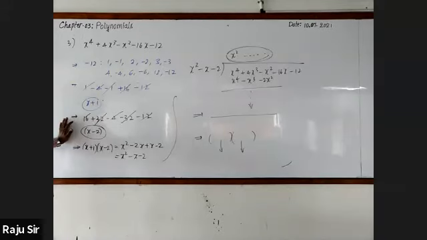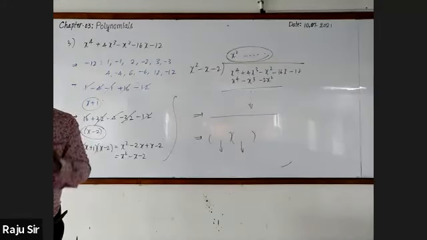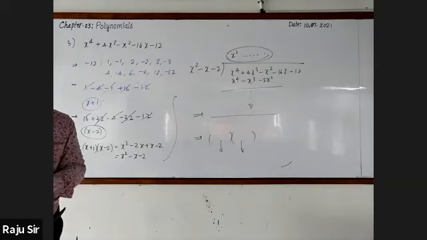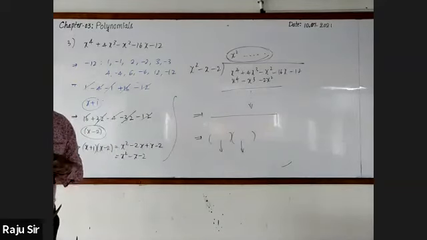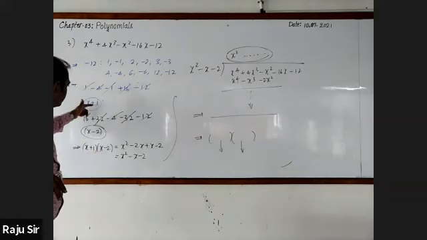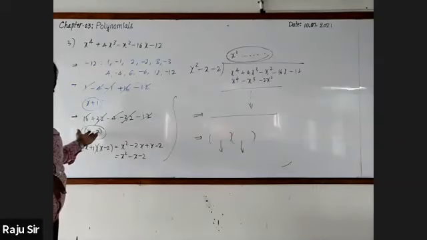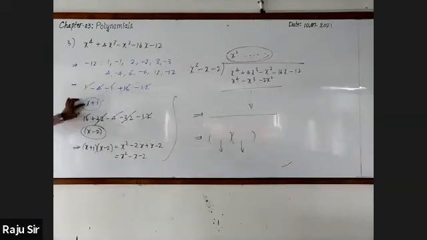Listen. While factorizing the cubic polynomial, we used to find out 1 zero, right? Now, since a biquadratic polynomial is given, you should find out 2 zeros. Two zeros have come here. One is this one and another one is +2. So we got the factors x plus 1 and x minus 2. Now multiply these.